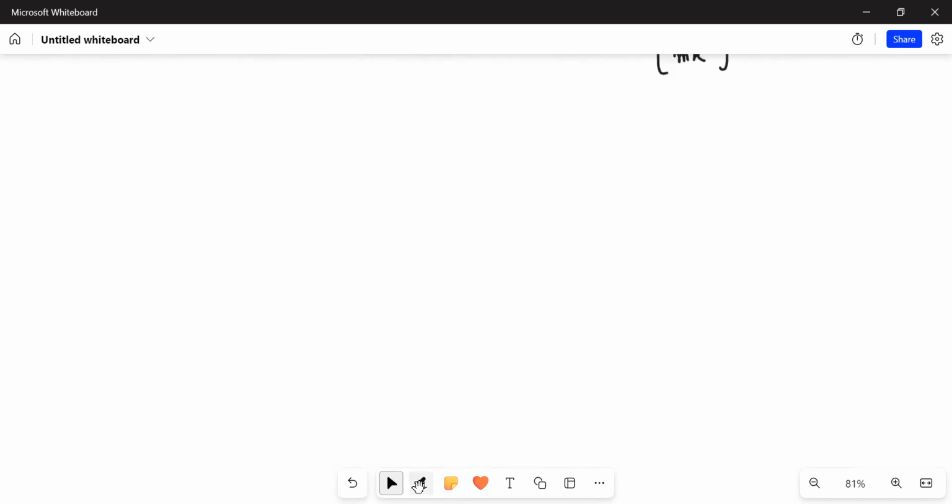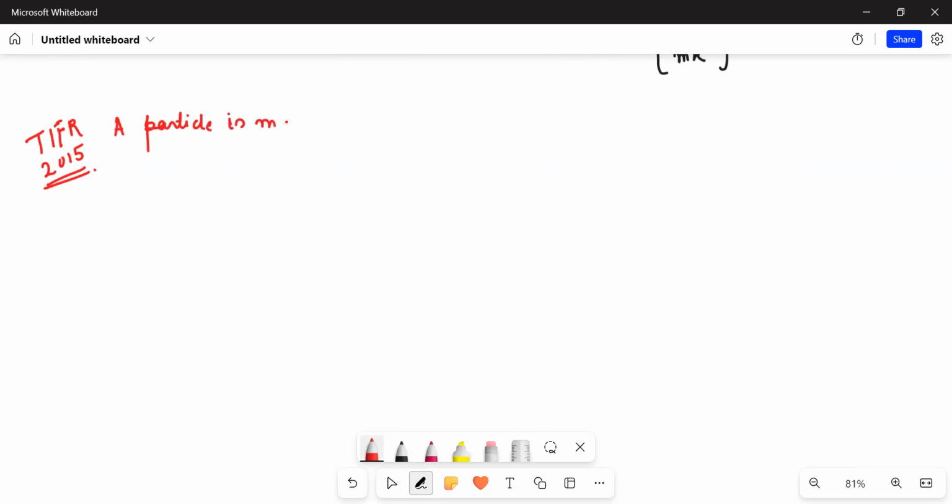Now let us try to do a question from TIFR 2015. This is a good question, I think. The question says that a particle is moving in one dimension under a one-dimensional potential